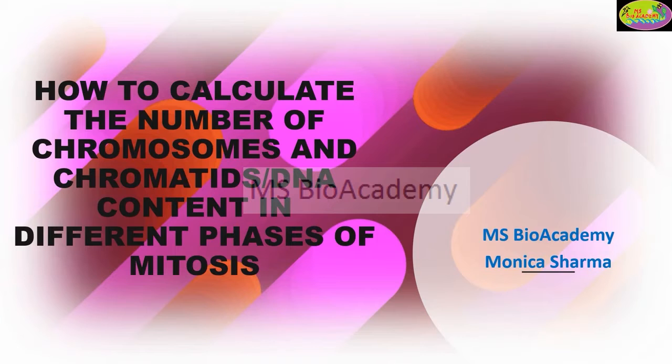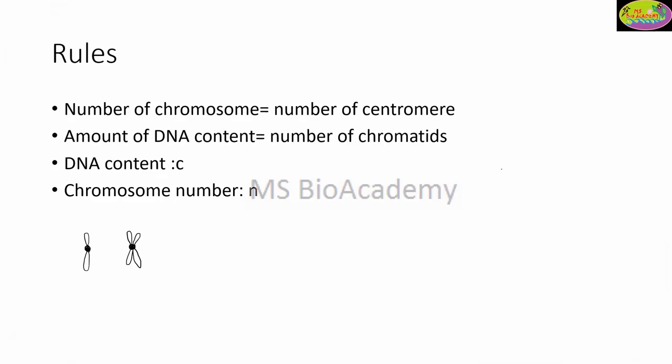And today we are going to talk about a very interesting topic: how to calculate the number of chromosomes and how we can determine the number of chromatids or the DNA content present in the different phases of mitosis. Why have I taken this topic? Because I have found that most students get confused with it and are not able to find out the chromosome number and the amount of chromatids in different phases of mitosis. So let's discuss this and clear your doubts, and let's make it very simple to understand and memorize how many chromosomes, how many chromatids, and what DNA content is present in different phases.